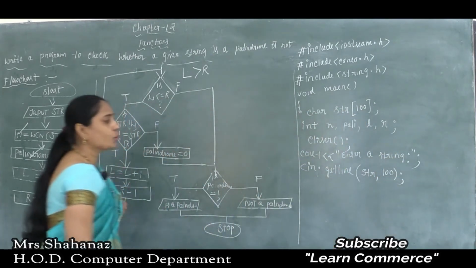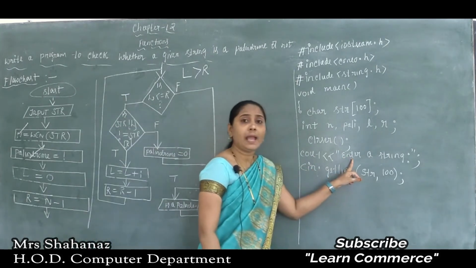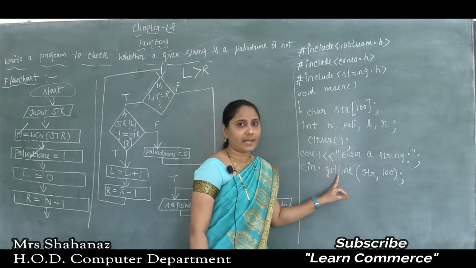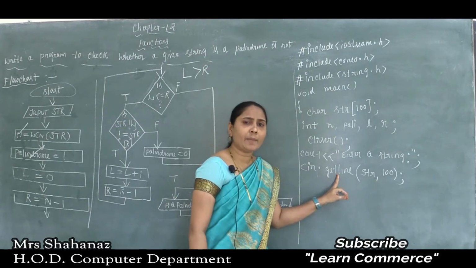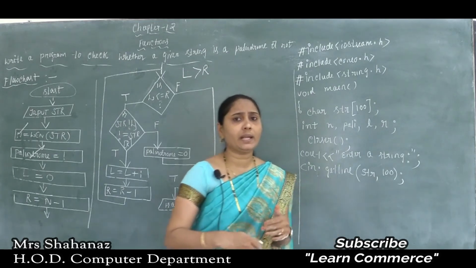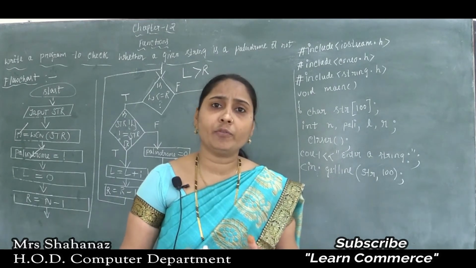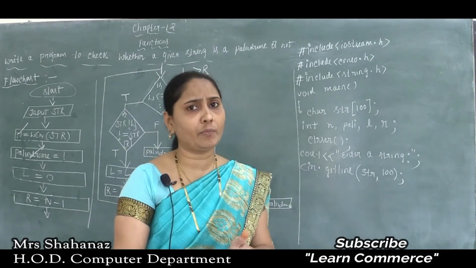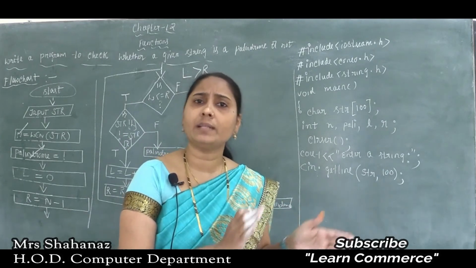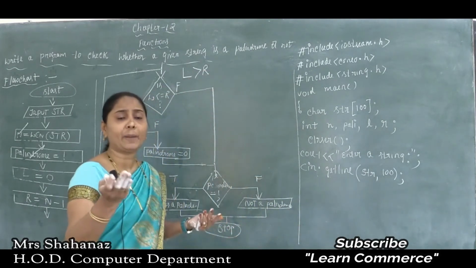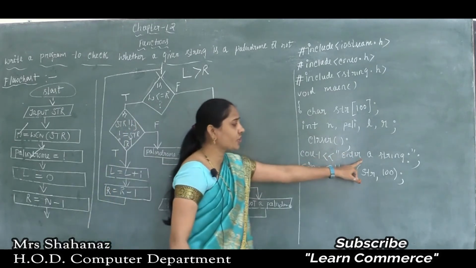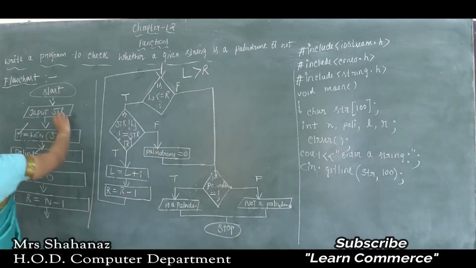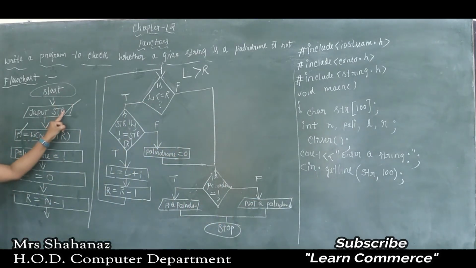str. As we know, the string name is str and the size of the string is 100. Clear this point here? So when this message "Enter a string" is displayed, through the keyboard I am entering the string as madam. Anything you can enter, the compiler is just doing the processing. If it is equal to the palindrome word madam, it is going to display it is a palindrome word. If it is not a palindrome word, it is going to display not a palindrome word. It depends on you, it's your wish. Any string you can enter by using the getline function. Now we completed till here.